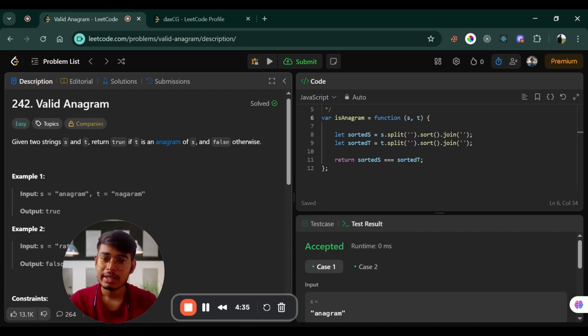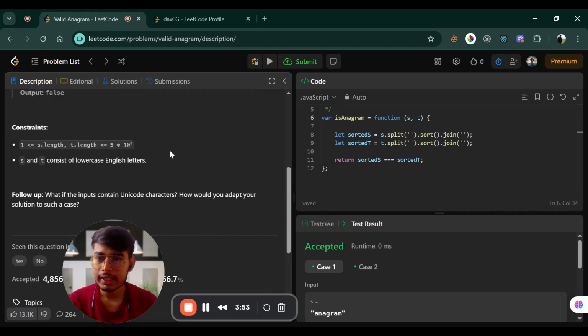Now we discuss the time and space complexity for our code. For the first approach, we took two frequency arrays and two for loops running from 1 to n length. Both loops have order of n time complexity. We are not using a nested loop, like one for loop inside another. So for that code, time complexity is order of n